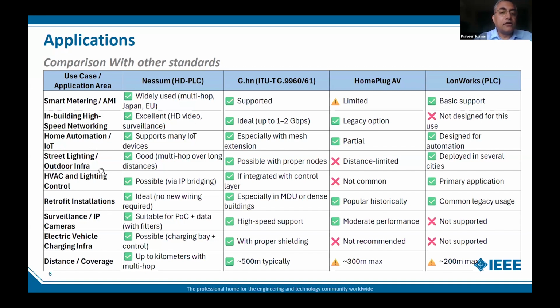Street lighting, as we discussed, it supports multi-hop. Up to 10 hops it can support, which can range up to multiple kilometers. So street lighting can also be a use case for this. HVAC and light control we already discussed. So retrofit installation, as we discussed, in existing